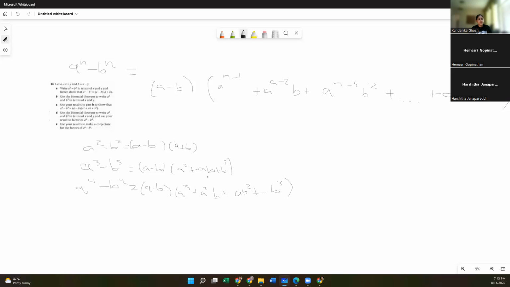But this term over here is this term, but at the same time, it's also this term, because we keep applying this formula until we reach a term where your first term will be to the power of 1, your second term will be to the power of n minus 2, and your last term will just be your second term to the power of n minus 1. Do we see that, or do we still not understand it? And if not, it's fine. We'll find a different way to explain it so that we understand.